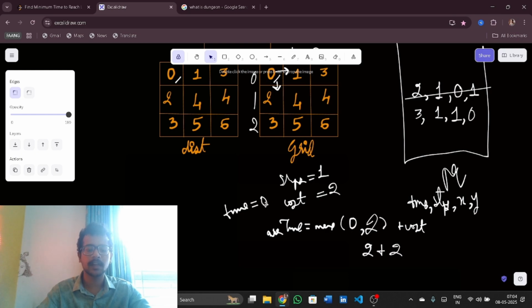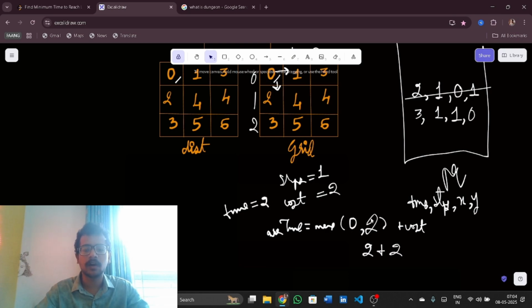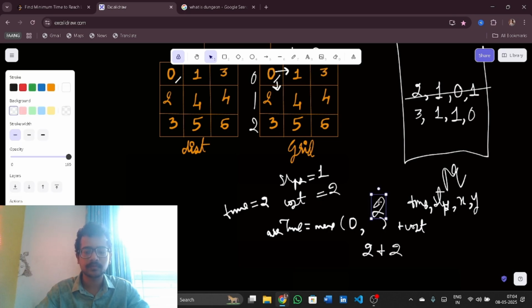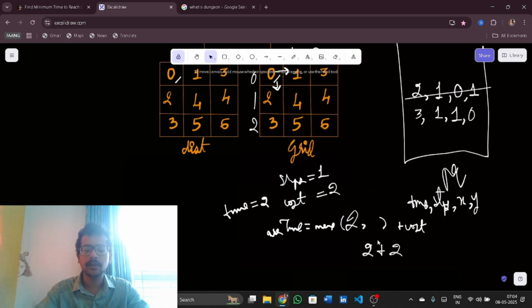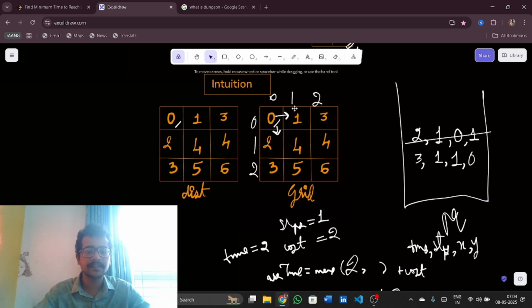Now I am starting with the time of 2. So the maximum of time is 2. Time is 2, and let me tell you where I am going. So I am at this cell. But before that, as I said,